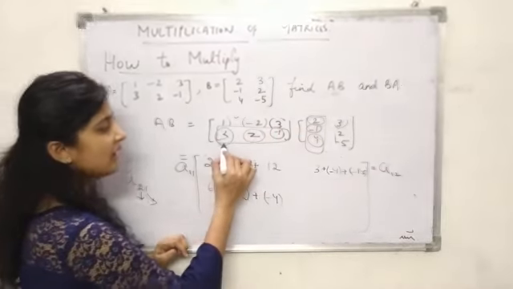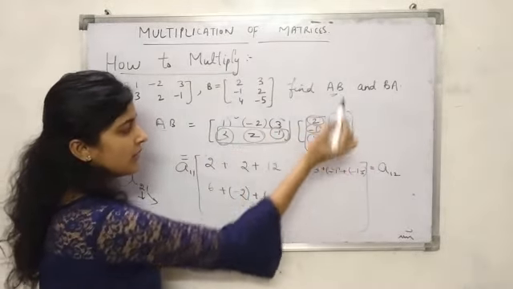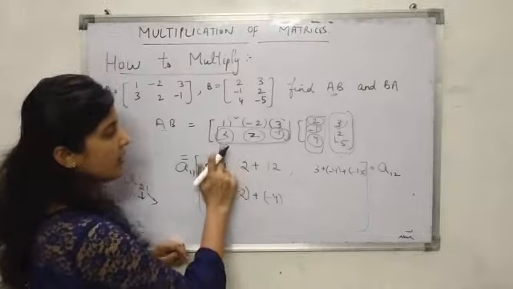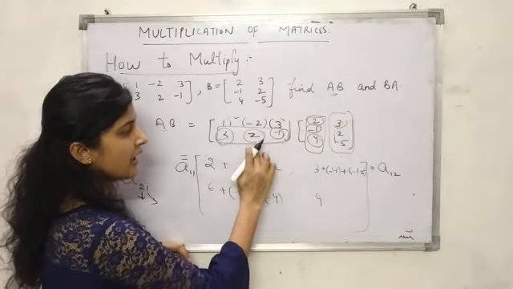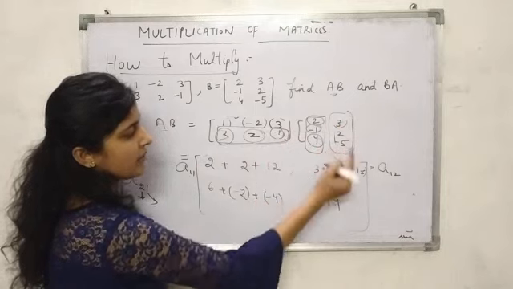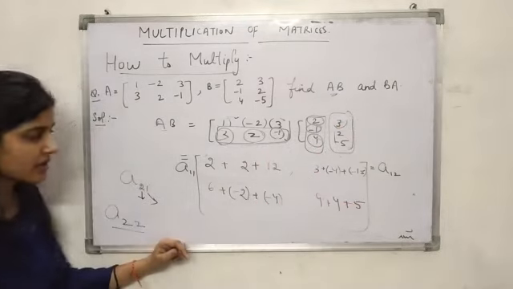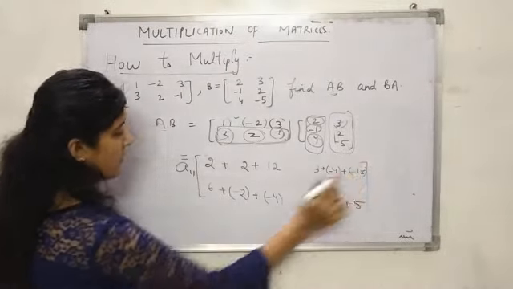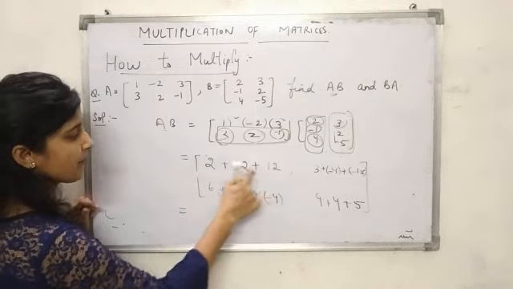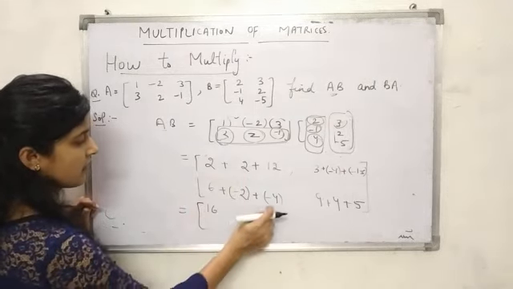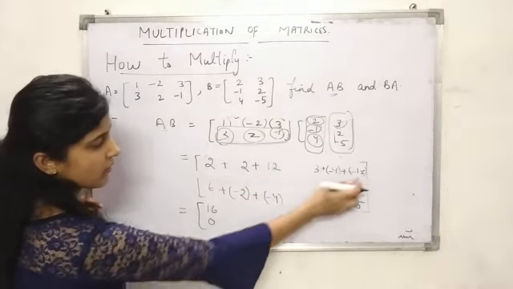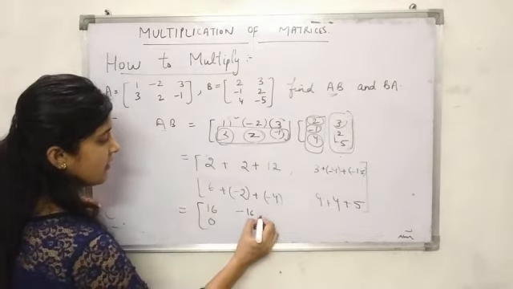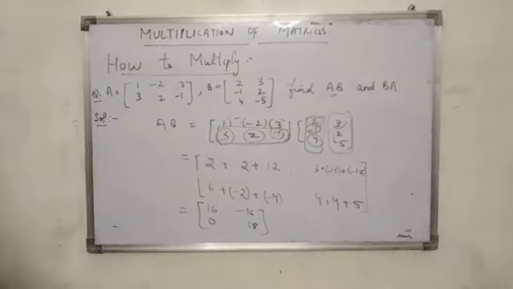Okay? Now if we take the second row and second column, it will be A22, this entry. So 3 into 3, 9, and in the same way we proceed. 2 2s are 4, minus 1 minus 5, plus 1. So this is the matrix and the final result is 16, 0, minus 16 and 18. I hope it is clear to you. Note it down.